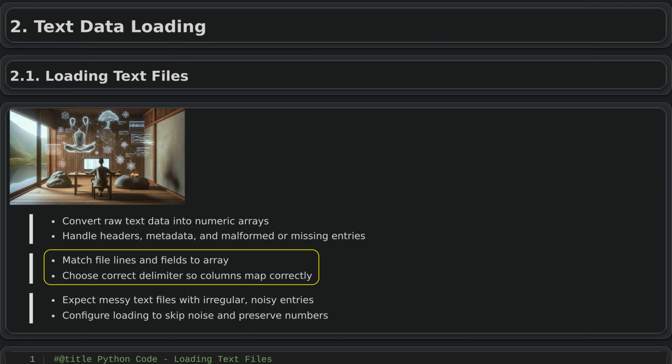If the file uses commas, but the loading process expects spaces, the data will not split into proper columns, and the array may be unusable. By matching the loading settings to the file's structure, each column will represent a meaningful variable, which supports accurate slicing,